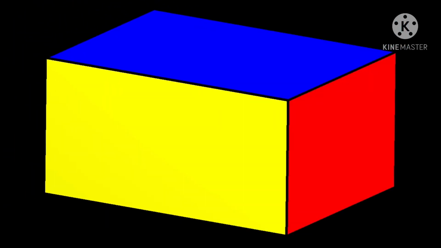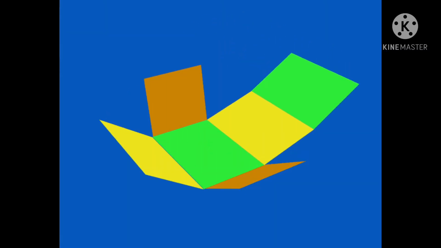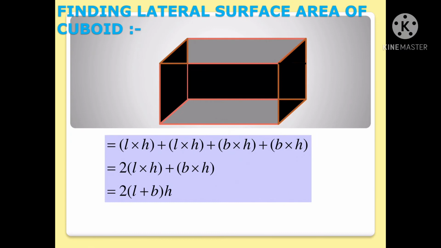We all know that a cuboid is made up of 6 rectangular faces. But to find the lateral surface area, we need to find the area of the 4 walls. And we all know that the faces at front and back are congruent and the side faces are also congruent. So the area is length into height for the front and back walls, and breadth into height for the side walls. Now if we add all these, we get 2 into length into height plus breadth into height. So 2 is common. So the formula will become 2 into (length plus breadth) into height,